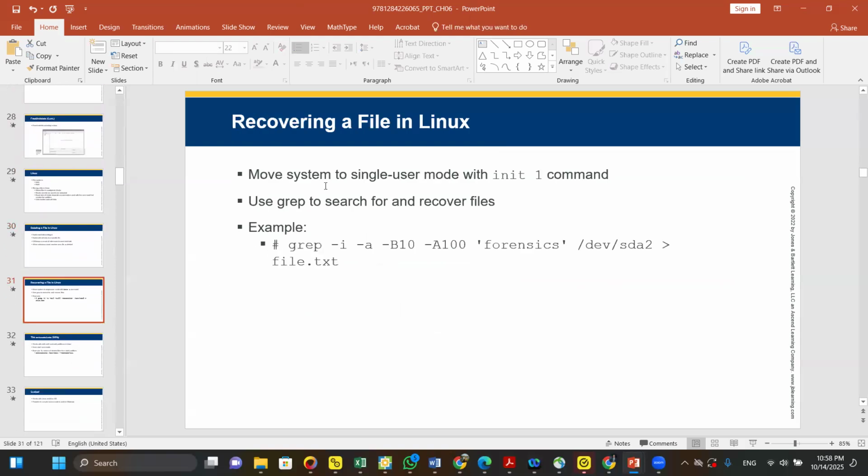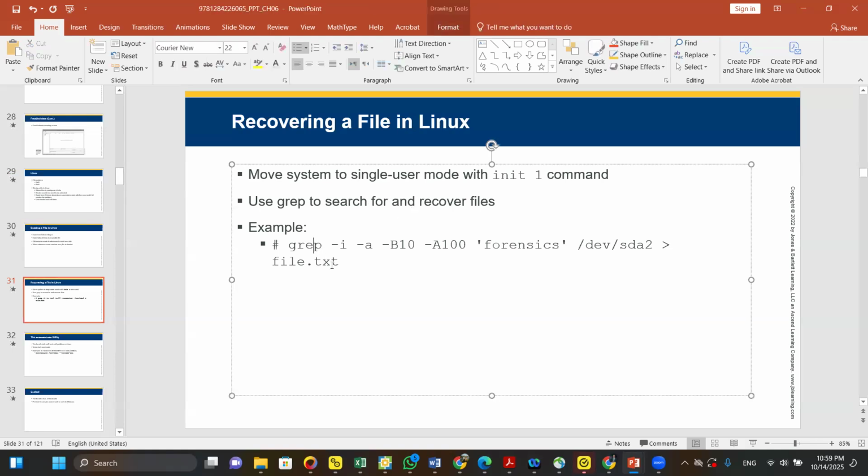Recover the file in Linux. Here we move the system to single user mode with the init 1 command. We use grep to search for and recover files. Grep is a very important Linux command. grep -i -ab10 -a100 forensic /dev/sda > file.txt. The output of the search will be